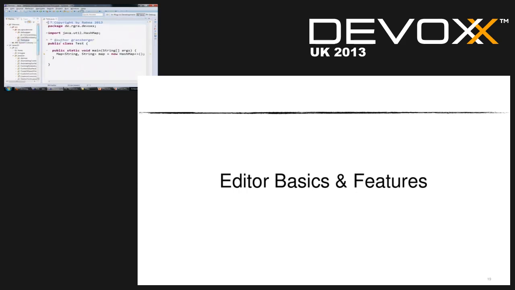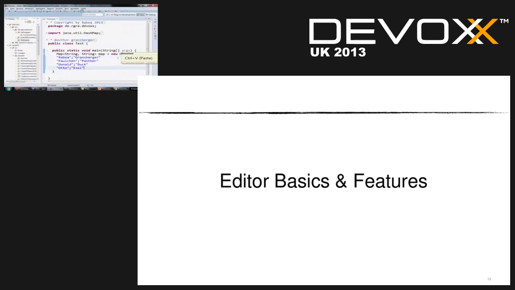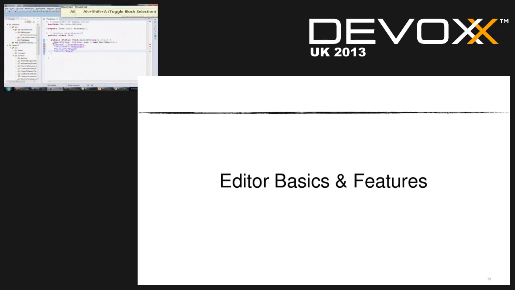So let's go into some coding stuff. If I have a comma-separated file, for example, and I'd like to create a map from it, so here I have some file for you, and I can just copy all the items in there, and then I can go to a block selection mode up here, so it will change the editor style a bit, and what you can see now is that I can type in multiple lines at once. So I'd like to trigger the map put operation,